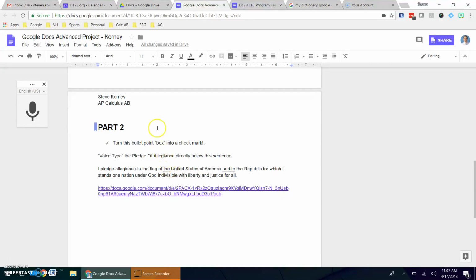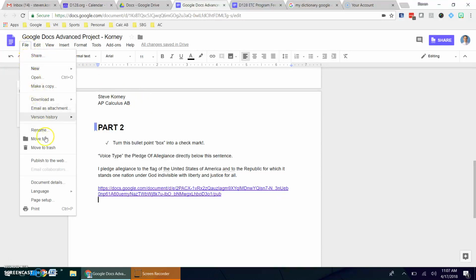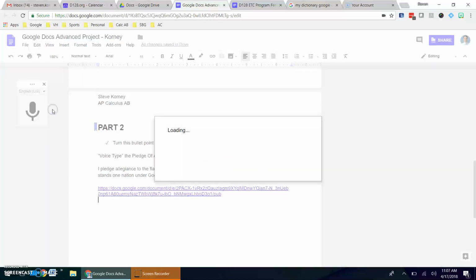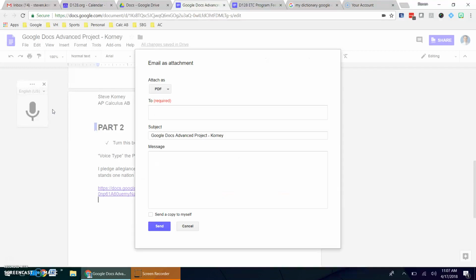And then it says, from within this doc, email this doc as an attachment to the given email address. So I'm going to select email as attachment. And I'm going to attach this as a PDF, I think. I'm looking right now and I don't see specifically the format that it's looking for, so I'll just leave it as a PDF,